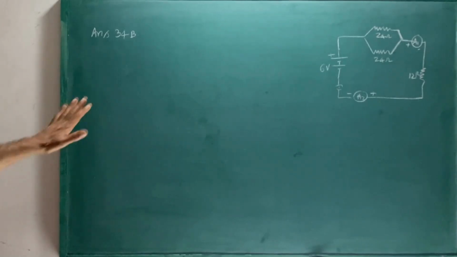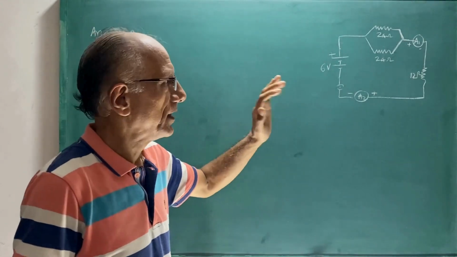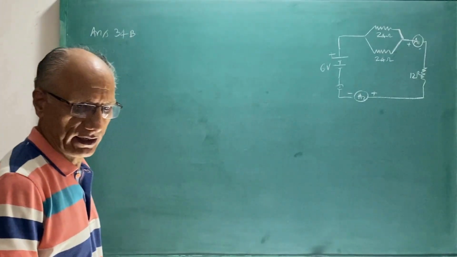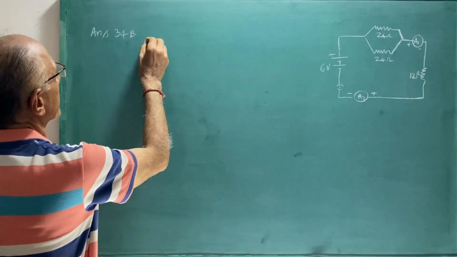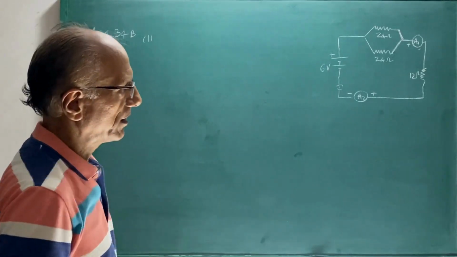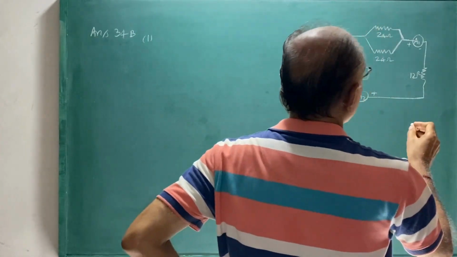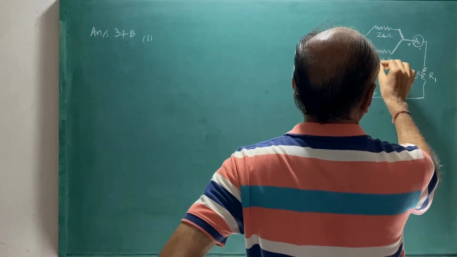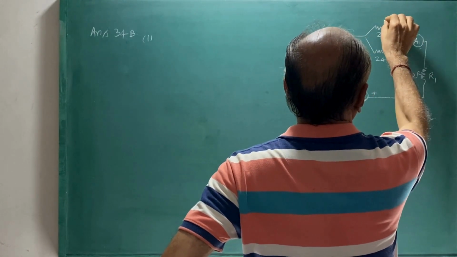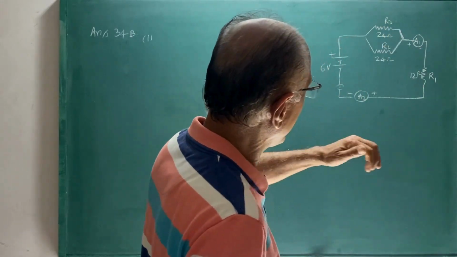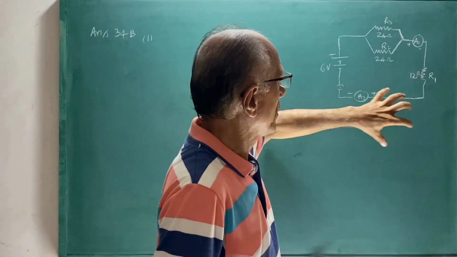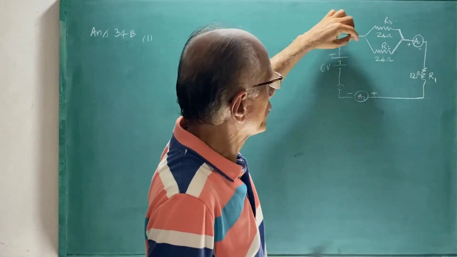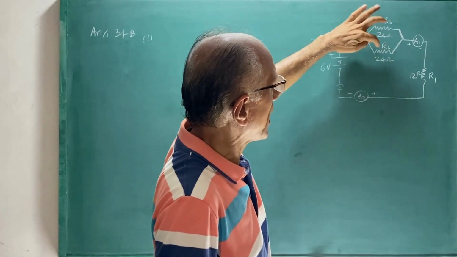Question number 34b. Here the first part is the current in the 12 ohm resistor. Suppose this is R1, this is R2 and this is R3. To find the current in R1, we first need the total resistance in the circuit. So if we start from here, R2